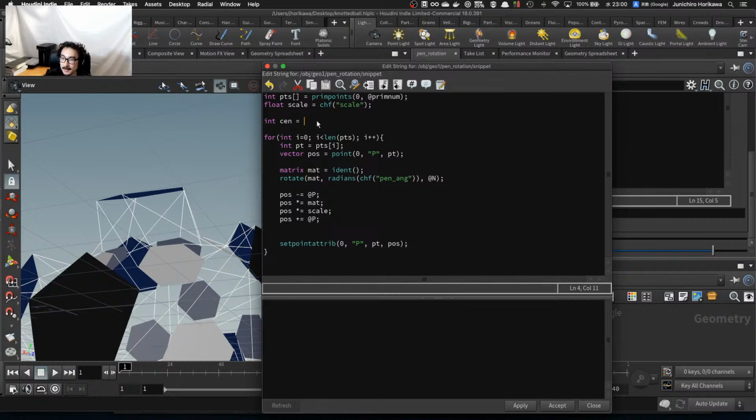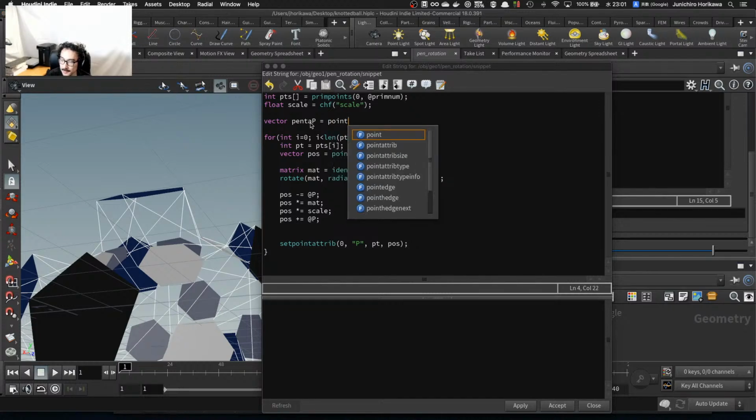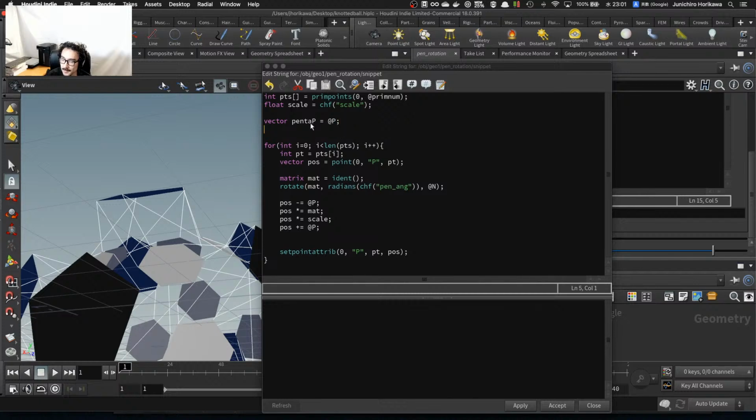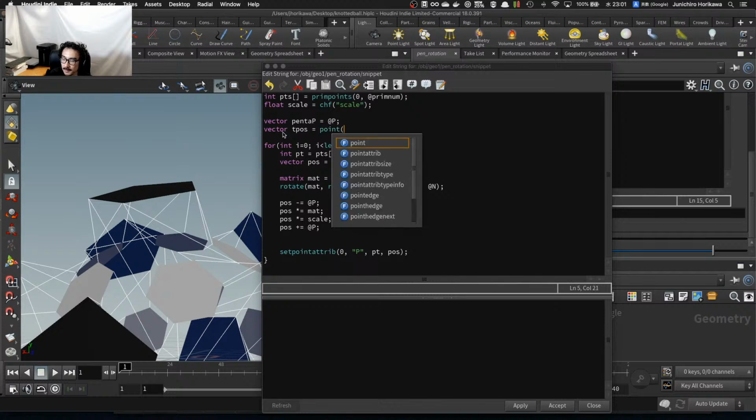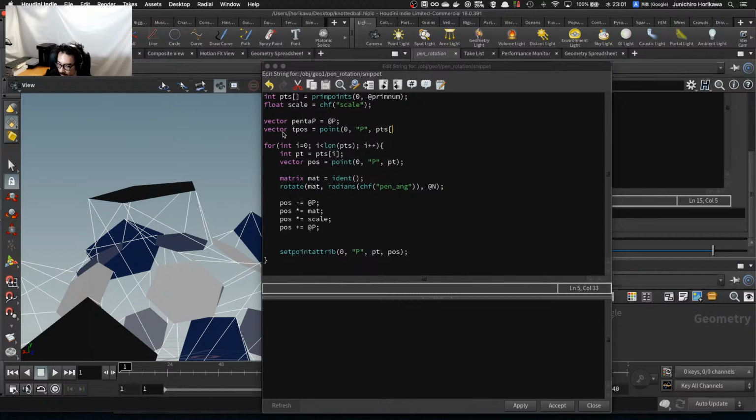Okay. I'm not sure if you got what I mean, but first of all, let's get the center of the pentagon, penta P, by point at P. Yeah, this is just at P. And the length of one of the points on the pentagon can be calculated by, first I'm just going to get one of the points from the pentagon using P from one of the points on the inside of PTS. I'm just gonna get the first point,